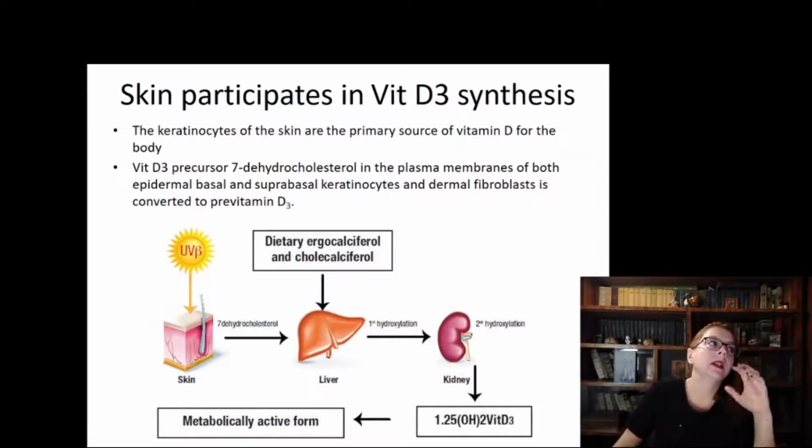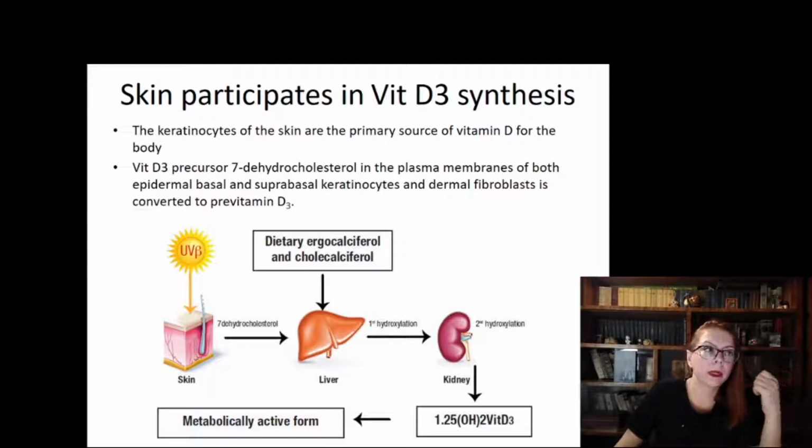Okay, let's move on. And if we are talking about the cells of the first two layers, we should remember that a function of the skin is vitamin D synthesis. Exactly keratinocytes of those two layers, under the action of ultraviolet radiation, produce previtamin D3. After that, it is moved to the liver, where it is hydroxylated, you remember, in the Kupffer cells. And after that, it is moved to the kidney, where it is hydroxylated one more time,